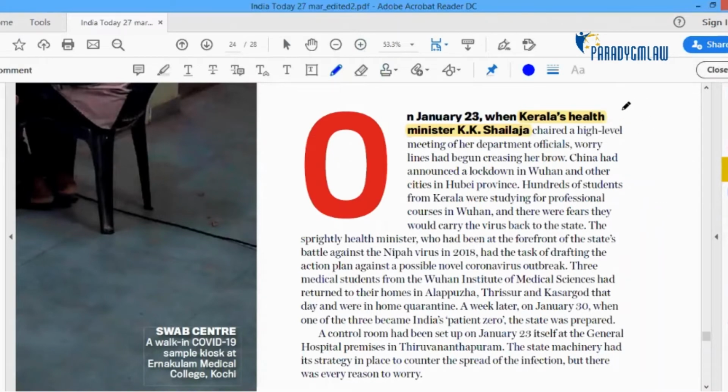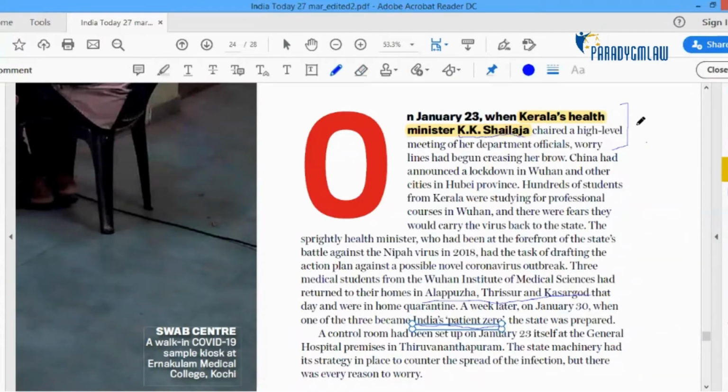Now, the first line of this passage is a little bit descriptive, where the author is bringing emphasis on the Kerala Health Minister's state of mind. But what we need to remember is the name, because she has played an important role. So we have the patient zero. India's patient zero came from the three students from one of these places in Kerala. Okay, and